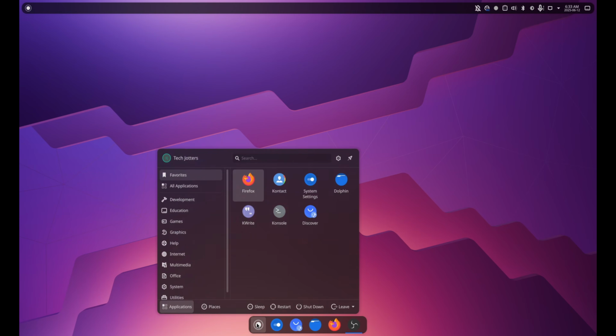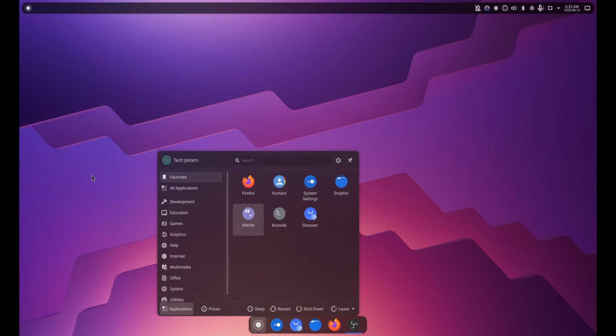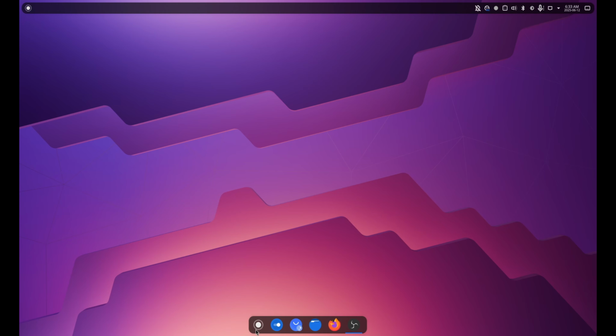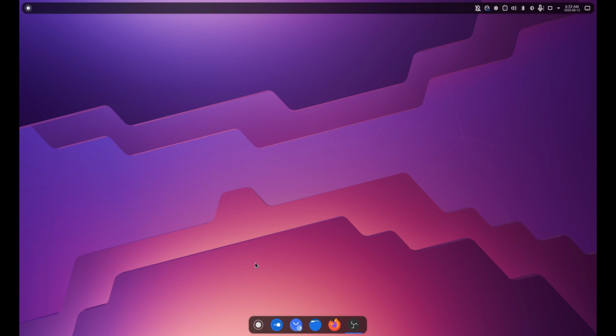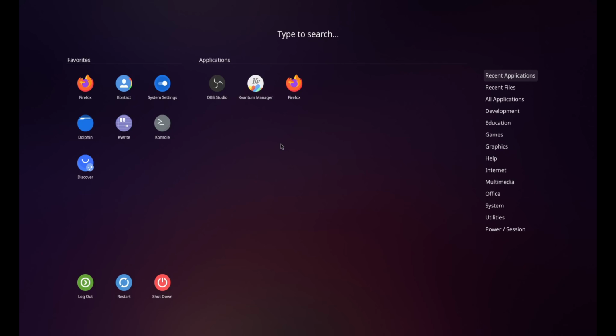Okay, so the second thing is, if you click here, you can see the menu. At the same time, if you click here, you can see the menu, the same thing, right? So let's change it a little bit. Right click here and show alternatives. And here we can check anything. So let's go to the application dashboard. So now if you click here, you can see it's in a full screen